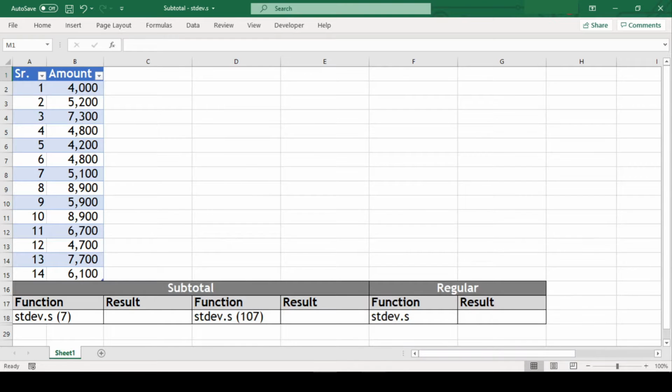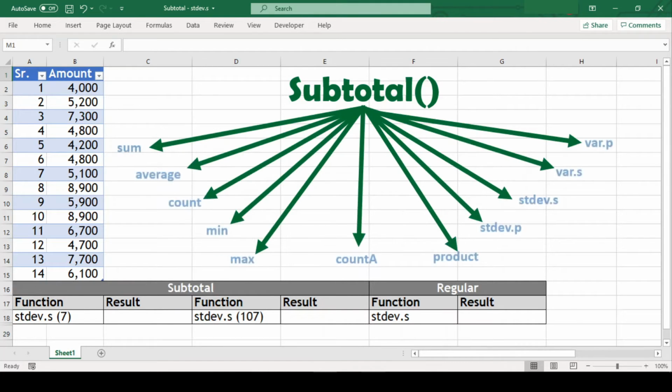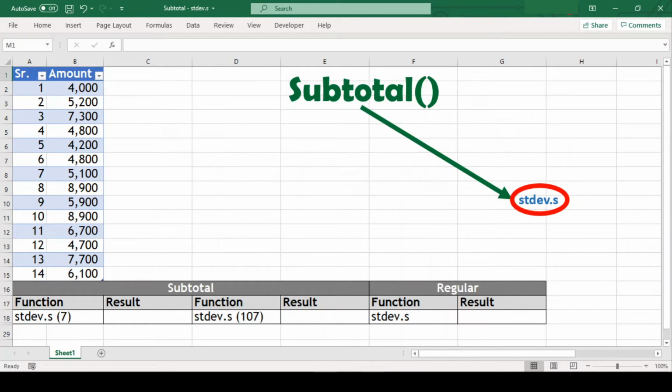In this video, we will learn about the subtotal function in Excel. You might think it to be somewhat like the sum of selected values, but the subtotal function is capable of much more. Apart from its ability to return a sum, it can also give us average, count, max and several other results. But today, we will specifically focus on standard deviation of sample and understand this function with a few examples in this video. So stay tuned.